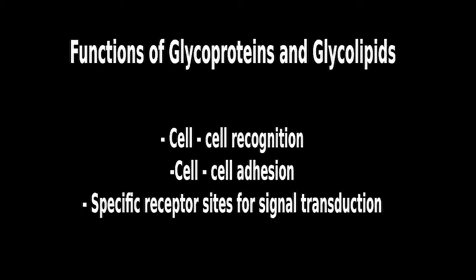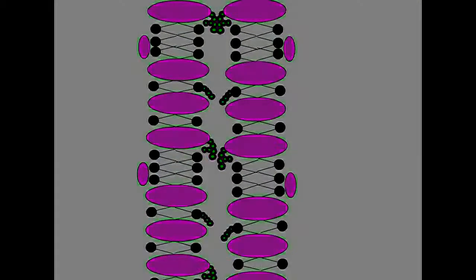Glycoproteins and glycolipids serve the same purpose of being cell surface markers for cell-cell recognition. They are involved in cell-cell adhesion and also serve as specific receptor sites for signal transduction. However, glycoproteins and glycolipids are also involved in protecting cells against mechanical damage and keep cells at a distance, preventing